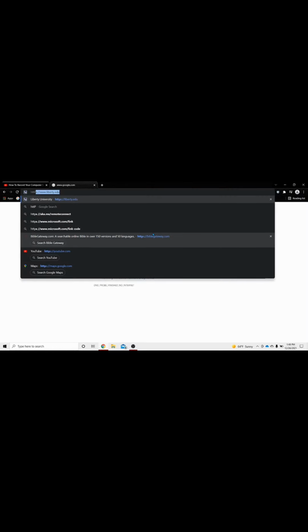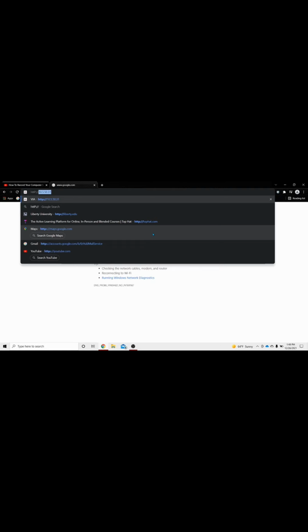Cool, and it connected, and it says no internet, and that's okay. We're not going to be able to use Google. If I reload here, it's not going to be able to load. So, from here, what we can do though, even though we can't use the internet, is type in the IP address to connect to the phone. So it should be http://